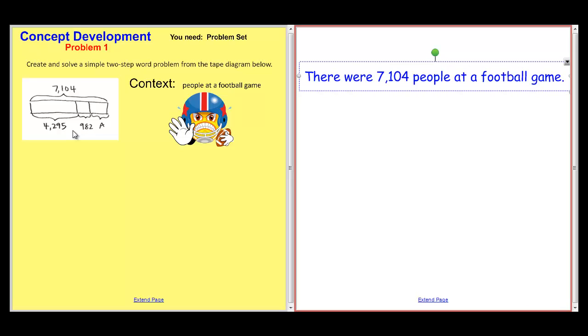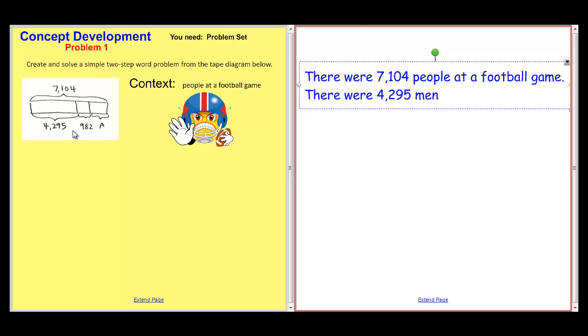So that's the total. So I have to come up with three different types of people. So since there are 4,295, I'm thinking since the football game has mostly lots of men, like sports, so I'm going to say there were